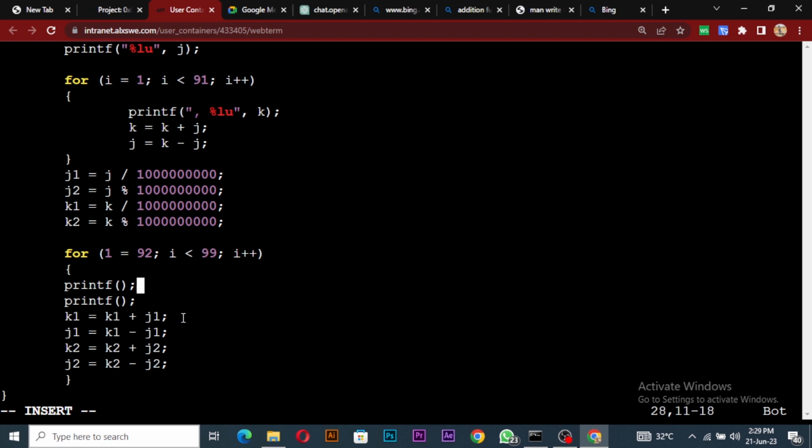So what are we going to print here? We're going to print some numbers. We're going to print comma space percent LD, right? And what is it that we want to print? We want to print a math function, which will be,